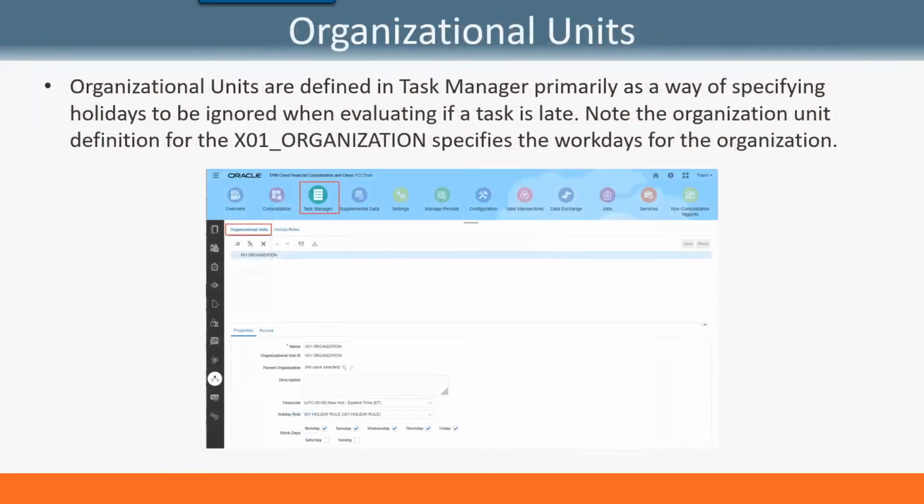Now, Task Manager also allows for creation of something called organizational units. That's actually optional. Really what it is, it's a way for you to associate something called a holiday rule. So oddly enough, Canada has different holidays than we do in the US. So you might have a Canadian organization and you might have a US organization, and that organization can actually be